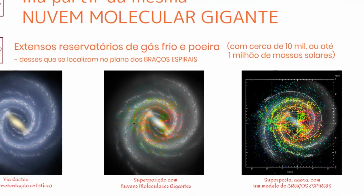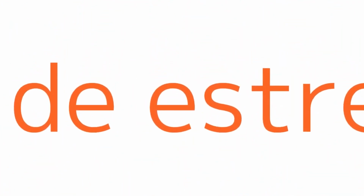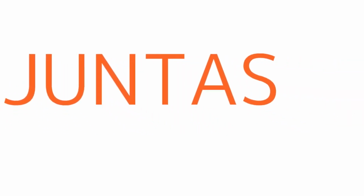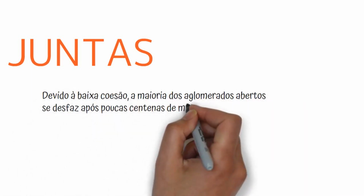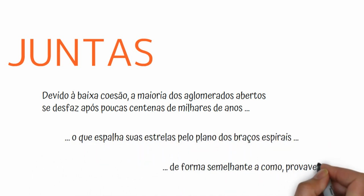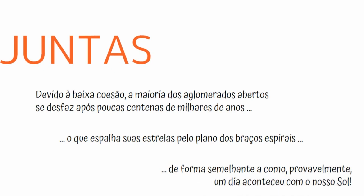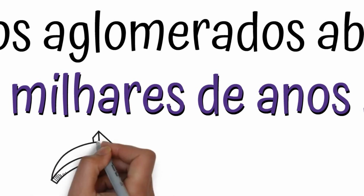To understand what open clusters are, one must keep in mind that these sets of stars actually take a long time to form, but once formed, they start to break apart over time, spreading their stars. Certainly, our Sun, when it was formed, must have had many traveling companions nearby, but now it is alone. In reality, open clusters have a lifetime that we can even call short. After all, the cohesion time of open clusters, of a few 100,000 years, is practically a blink when considering the